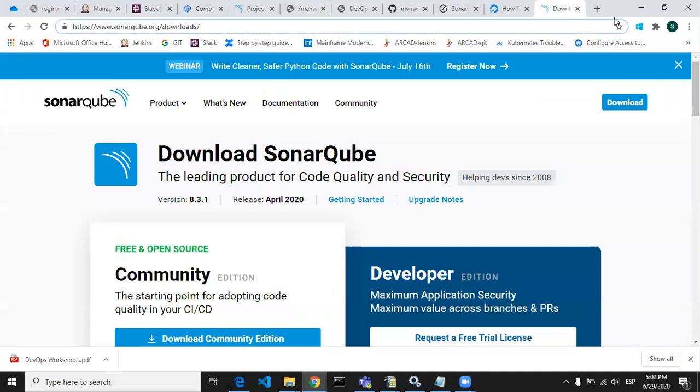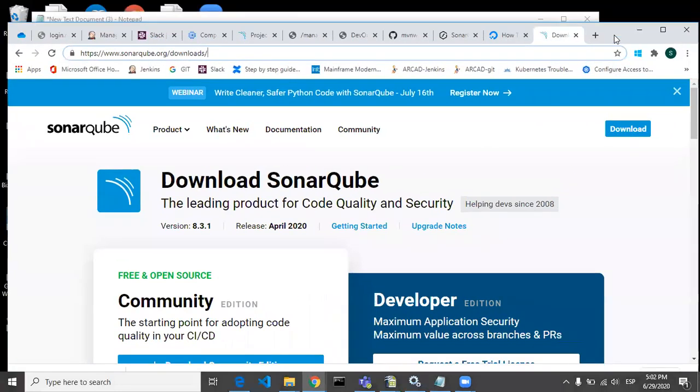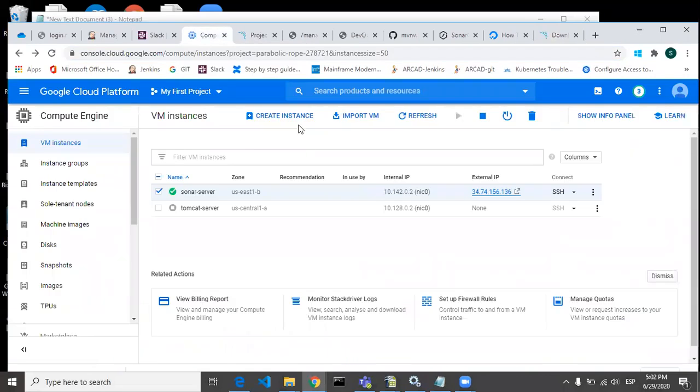Okay, but I'm going one step ahead here. I'm not going to install it on localhost. I am using Google Cloud Platform, where I have installed SonarQube on one of the virtual machines. In Google Cloud Platform, I went to Compute Engine and created an instance as a Sonar server.